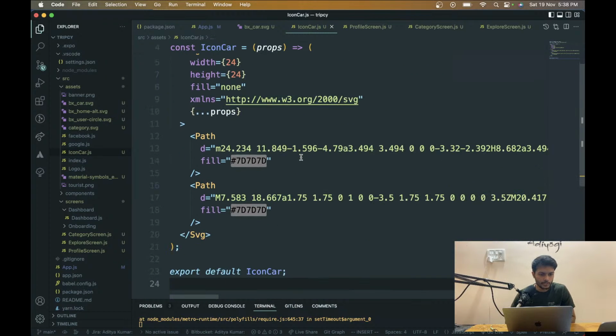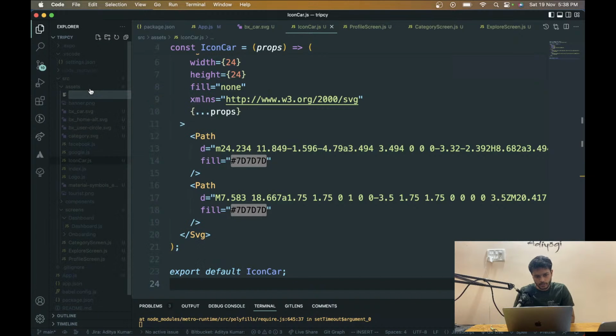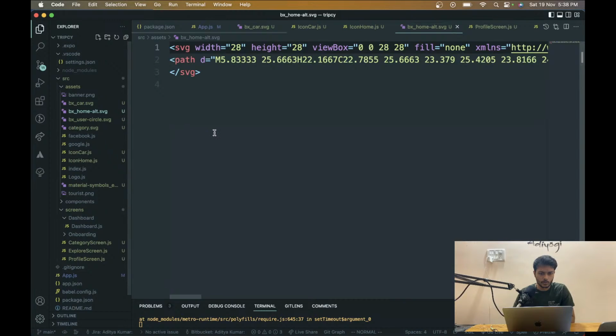So we're just going to save for the icon car, and similarly we are going to change all other SVG as a component. Then I'm going to use it, and there must be some other way to use the SVG file directly, but as of now I'm not able to figure it out. So I'm just going to convert this to, again, icon home.js, and if you just go to home,